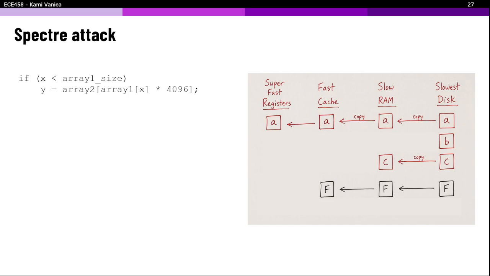So I can actually test, okay, try to fetch B and just see how long it takes. If I can fetch B fast, then I know the speculative execution happened, don't I? If it takes a long time to fetch B, then I know that speculative execution did not happen.